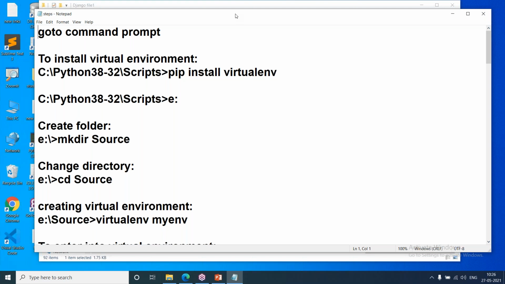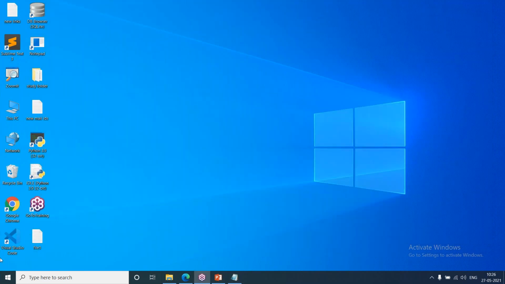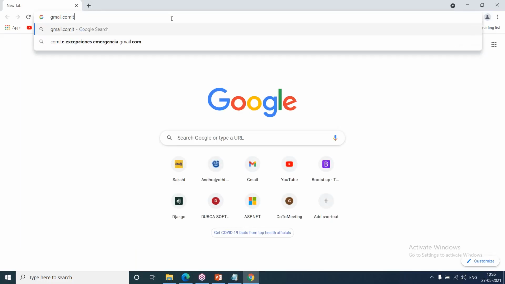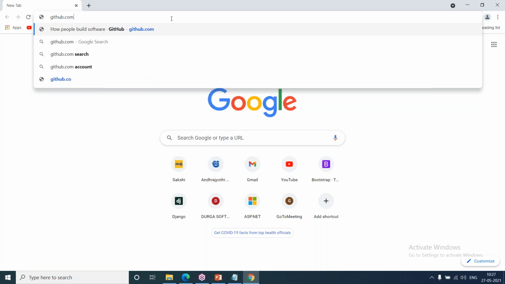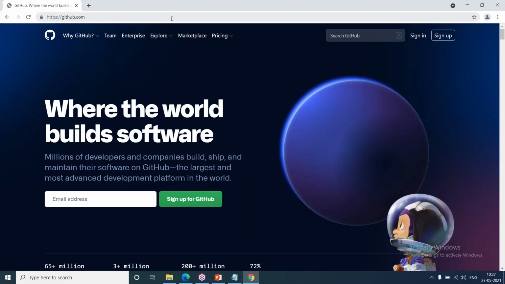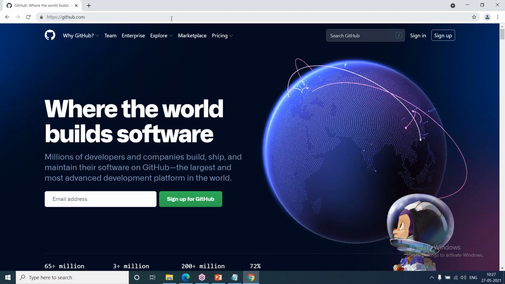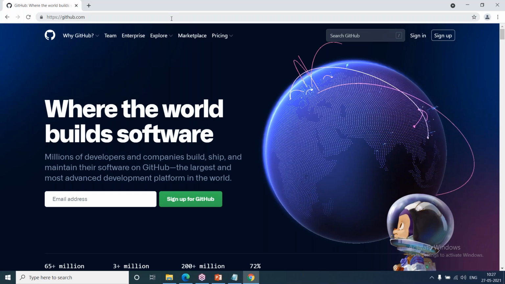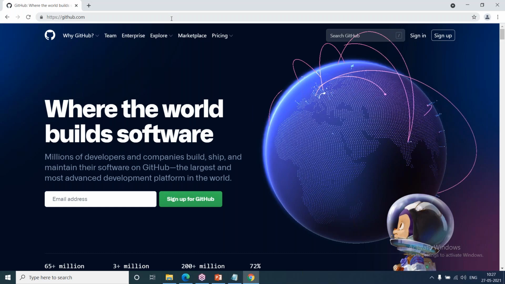When I publish my website on the internet, when I host my website, first I should take my project to GitHub. github.com works with Git, which is called a version control system. Many version control systems are there. GitHub works with Git, and it is used to maintain multiple versions of our project.